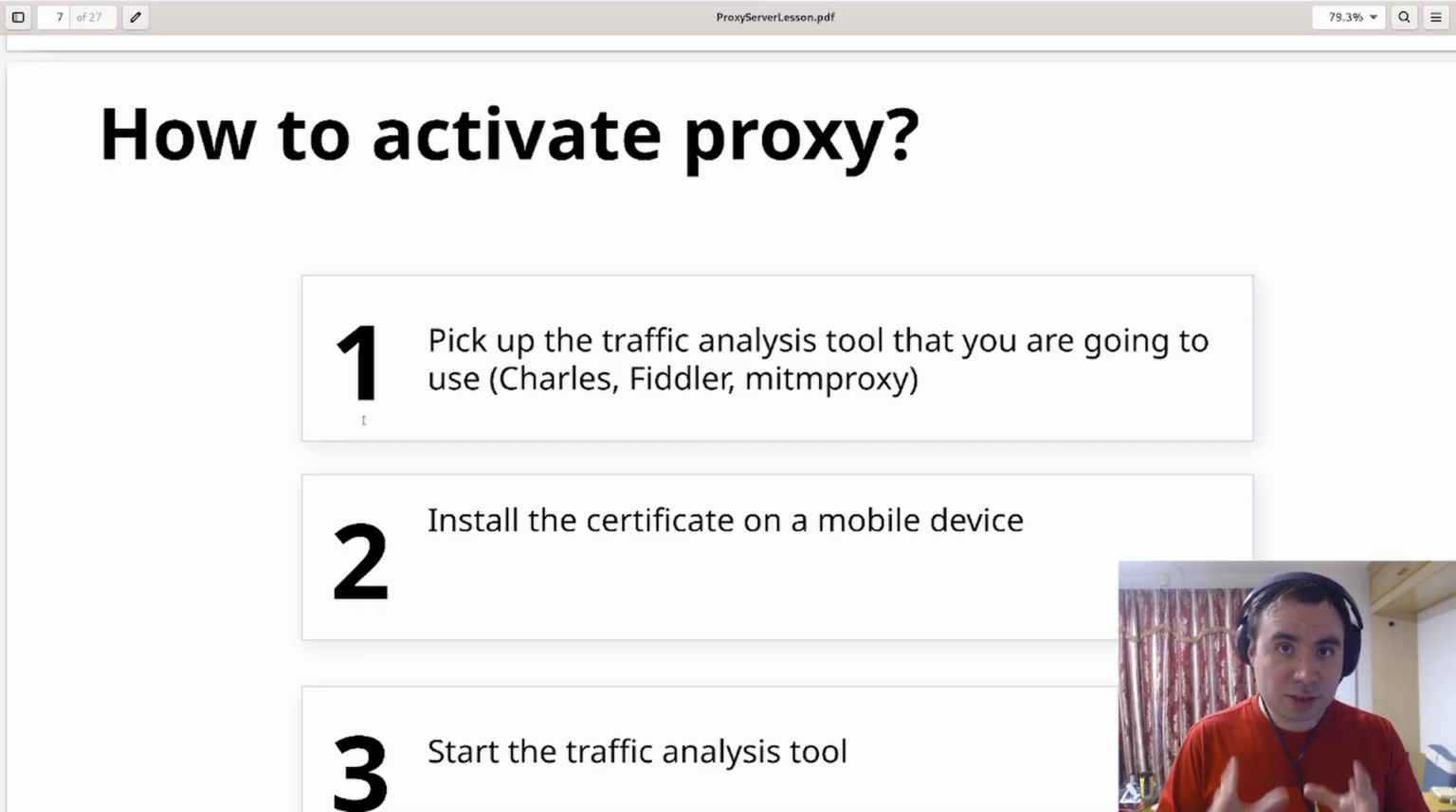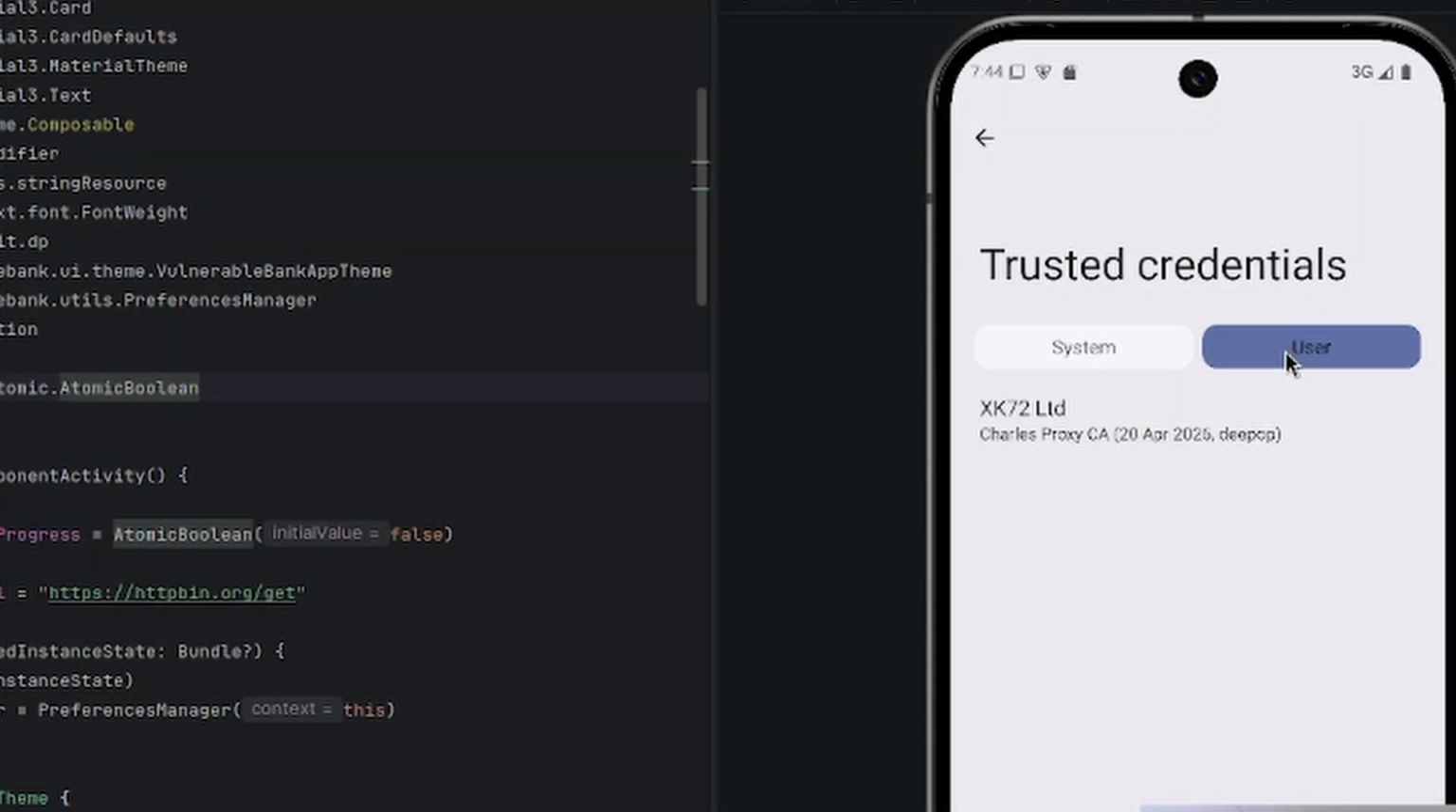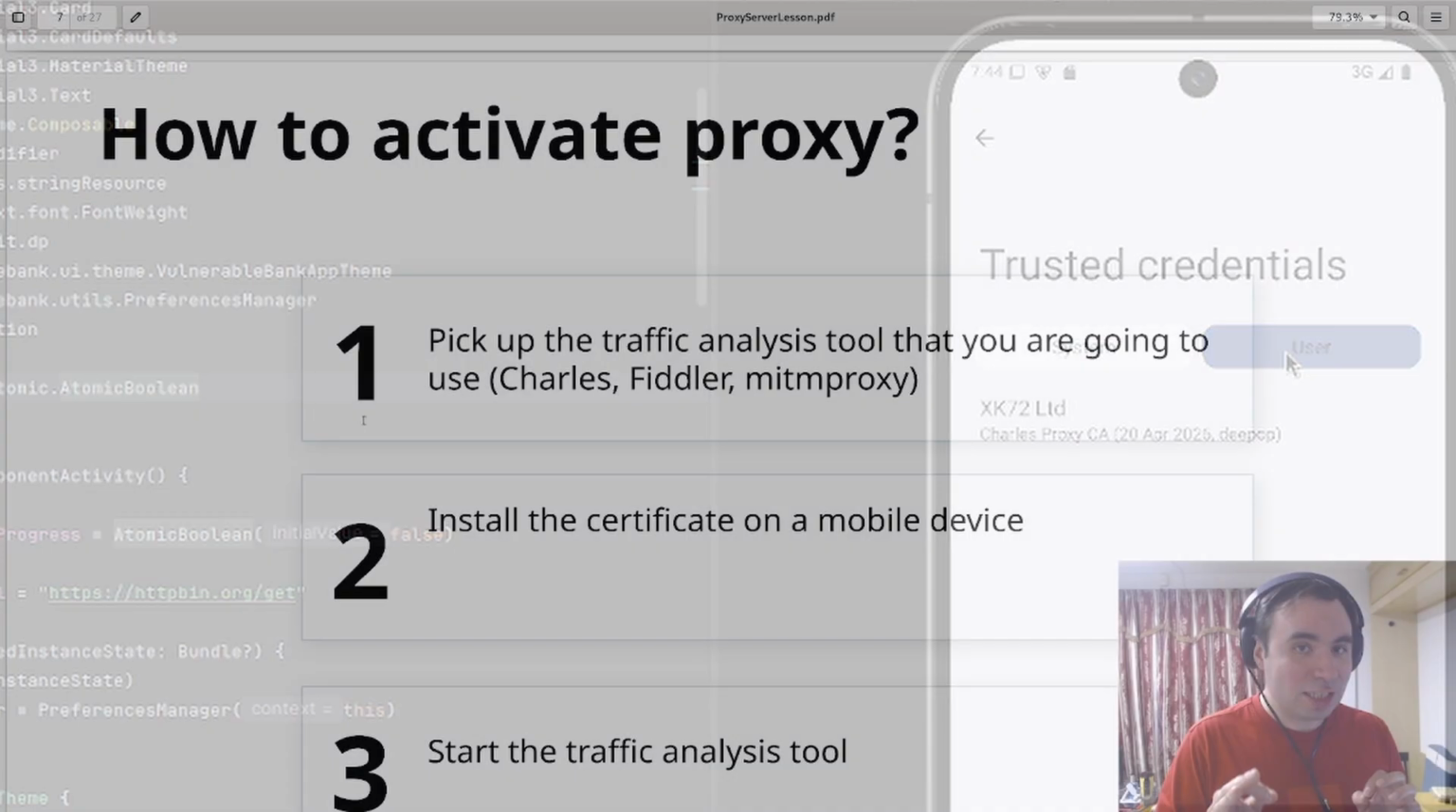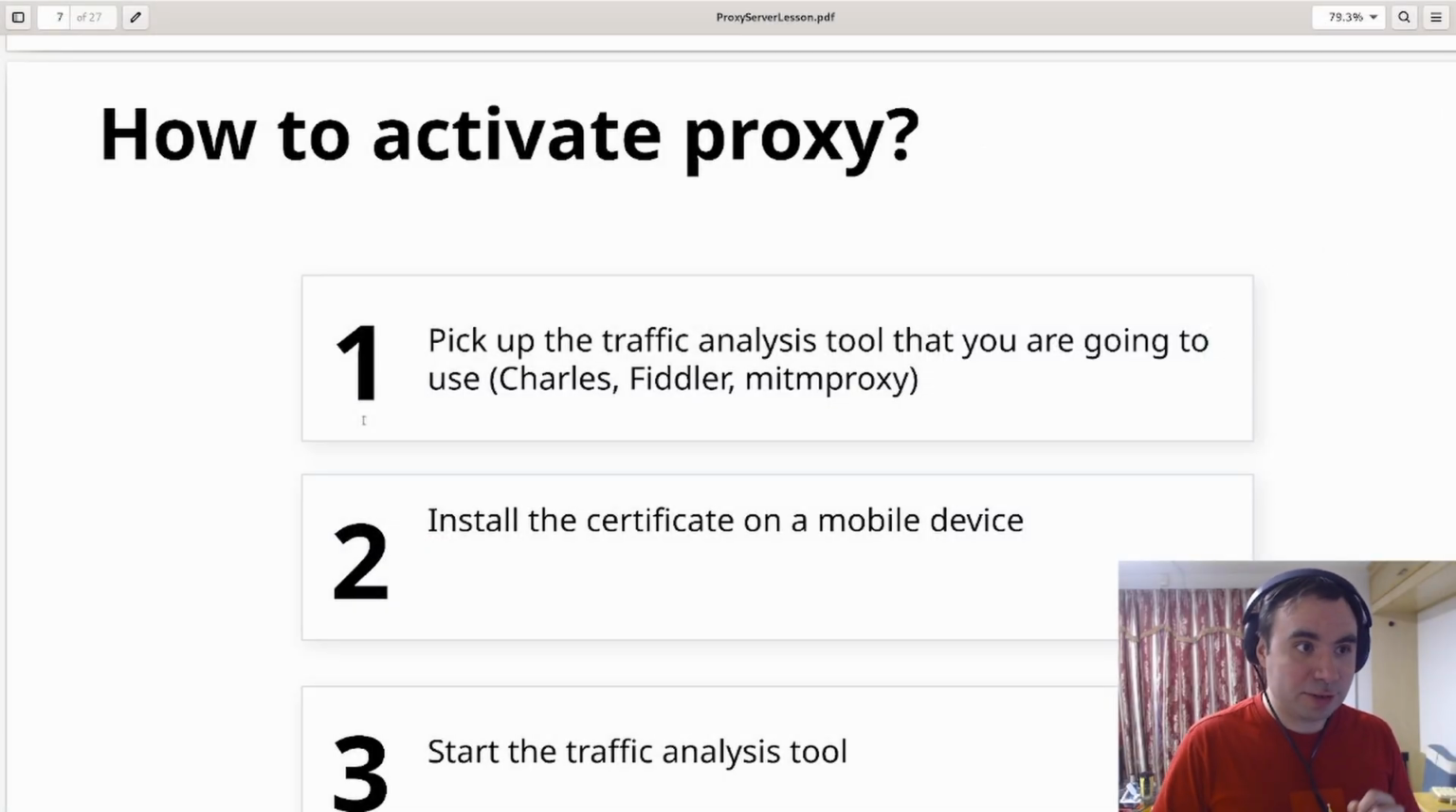The next thing is going to be installing the certificate on our mobile device. So in this scenario, the website that you're visiting or application that you are opening is going to be thinking that this is a valid channel, and basically they should trust the certificate and open the traffic to it. Basically, it's like unlocking the traffic so we can see it. In this case, we're going to be installing the Charles certificate. And then, of course, we need to start the traffic analysis tool, so this way we can actually see the